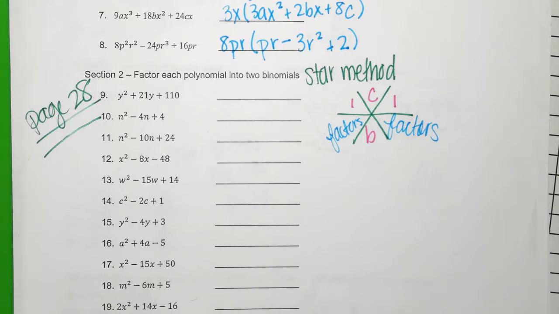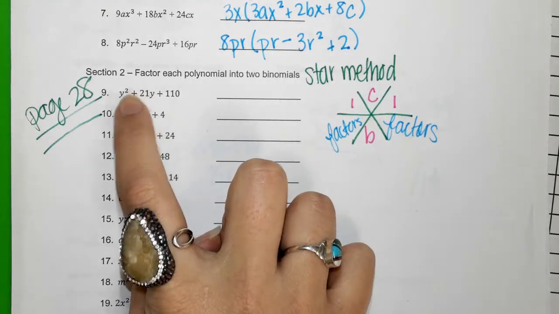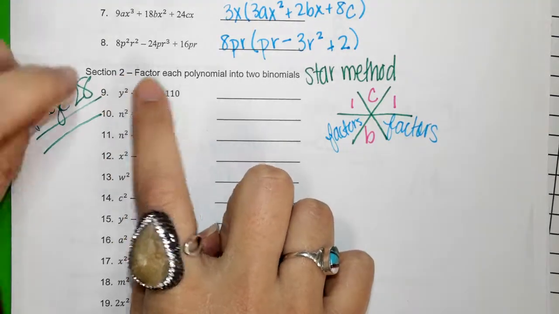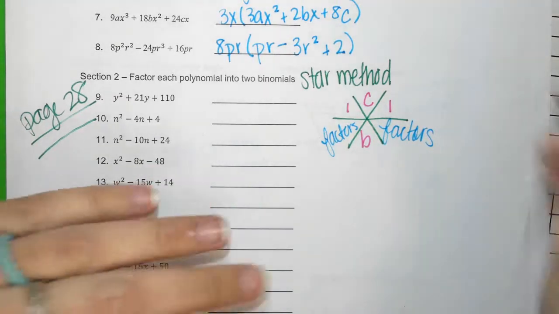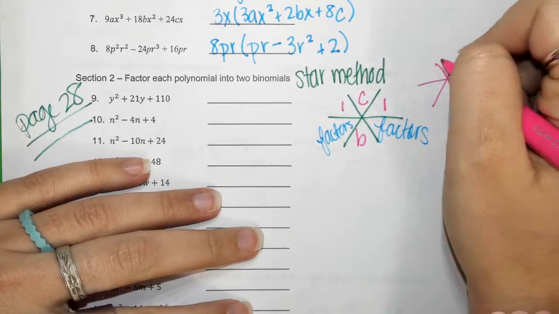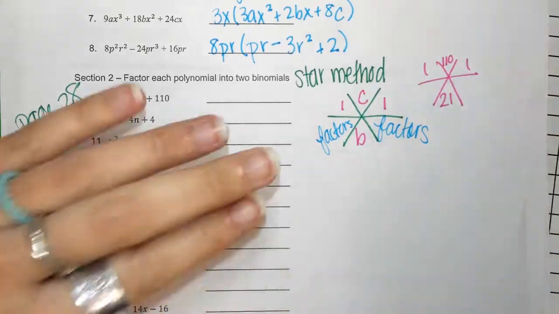Remember, we need two numbers that multiply to give us 110 and add to give us 21. That's our goal. Two numbers that multiply to give us C and add to give us B. If C is positive, both factors match the sign of B. So what are both of our factors going to be this time? Positive. So in my star, 110 goes on top, 21 goes on bottom, and then we list the factors